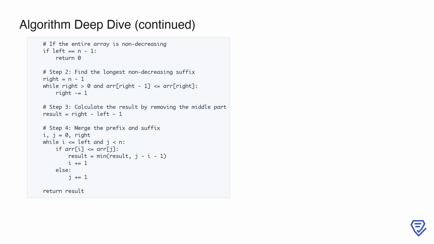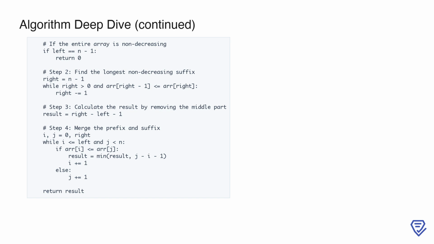First, we find the longest non-decreasing prefix by traversing from the start of the array and stopping when the order breaks. If the prefix covers the entire array, we return 0. Next, we find the longest non-decreasing suffix by traversing from the end of the array backward and stopping at the last point where the order holds. Once we have the prefix and suffix